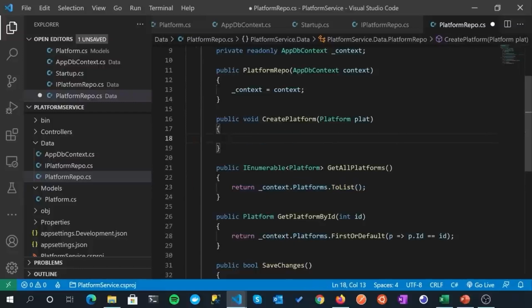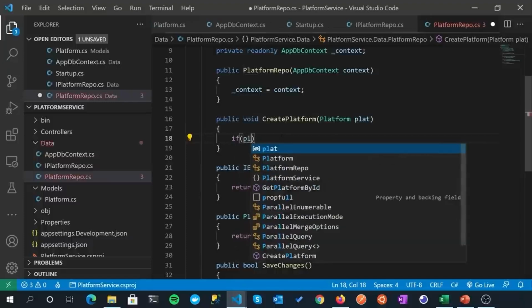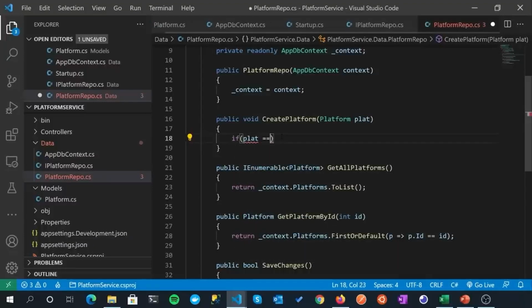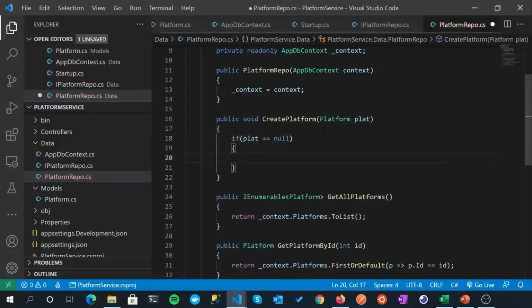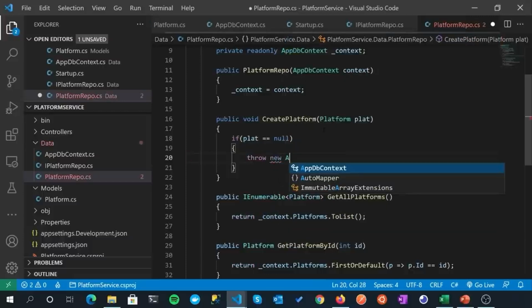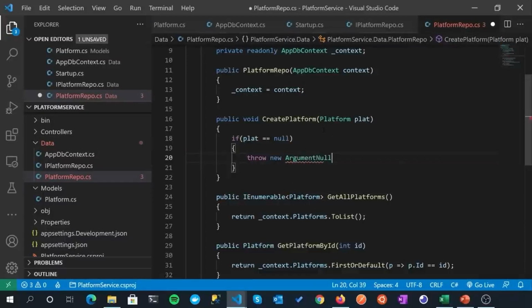So first thing we want to do is check to see that we've had some sort of valid object passed in. So we'll just do a fairly simple if plat equals null, then we don't want to do anything. So actually I probably shouldn't have deleted that throw statement, but we'll just type it in again, throw new ArgumentNullException, nameof(plat).